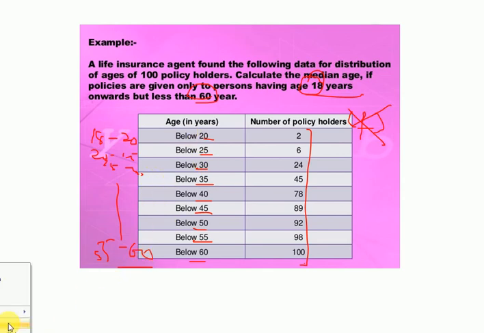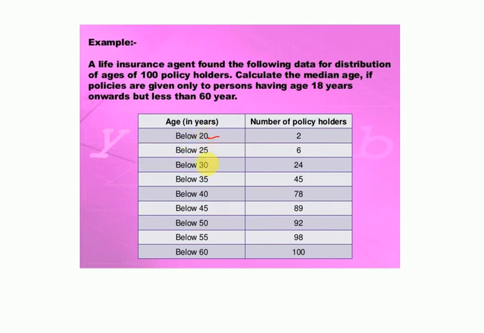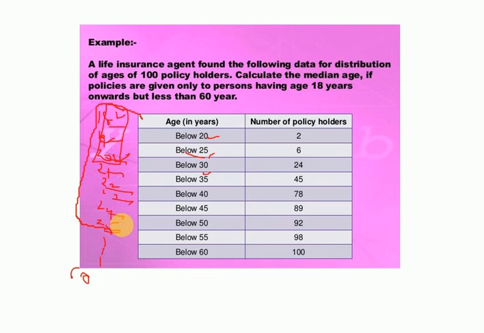But it is saying it in another way. It is saying below 20, below 25, below 30. What does that mean? If I write 18, 19, 20, 21, 22, 23, 24, 25 and so on to 60, if I write like this, below 20 means what? 18, 19 and 20, right? All of the three. Below 20 means only that. Below 25 means what? 18, 19, 20, 21, 22, 23, 24, 25, all of them. Understood now? So it is not grouped, so we have to change it first.